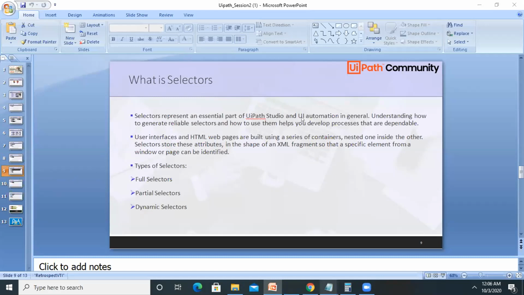Just like when we want to automate our web pages or any other desktop application, we can change it according to our requirement as well. Understanding how to generate reliable selectors and how to use them helps us develop processes that are dependable. To automate a specific action in the user interface, the code requires us to interact with various windows.